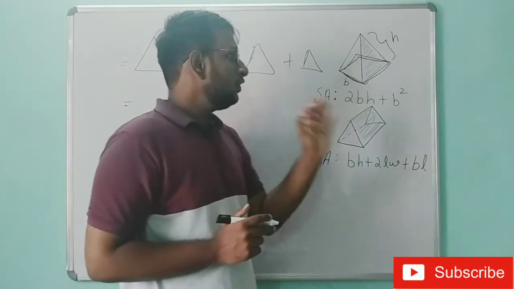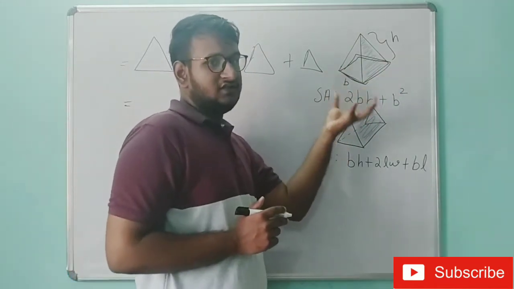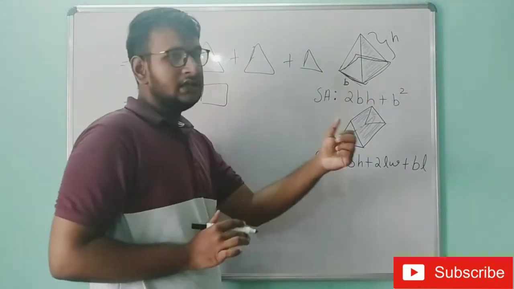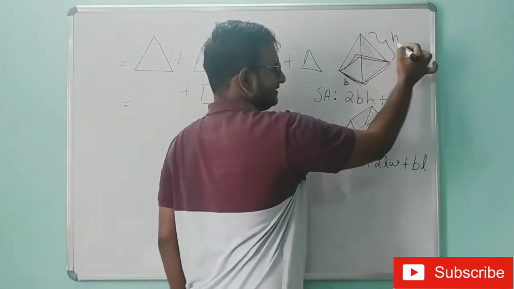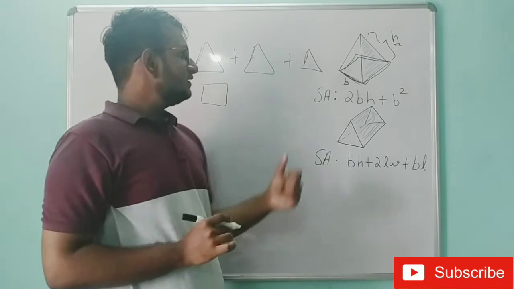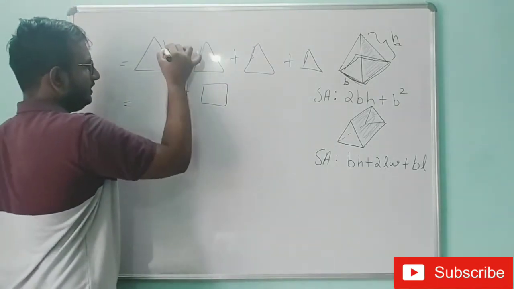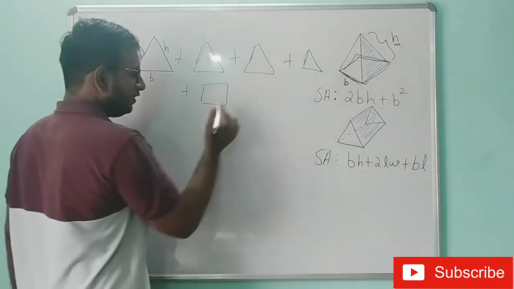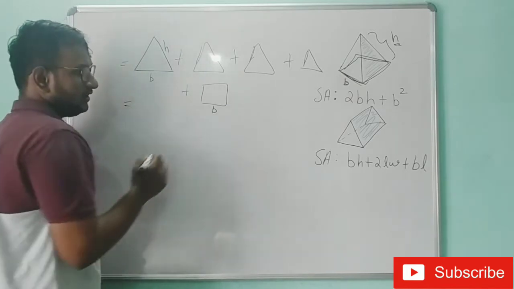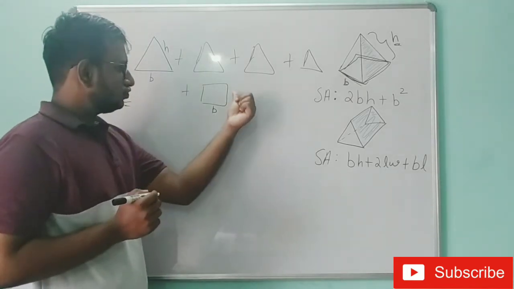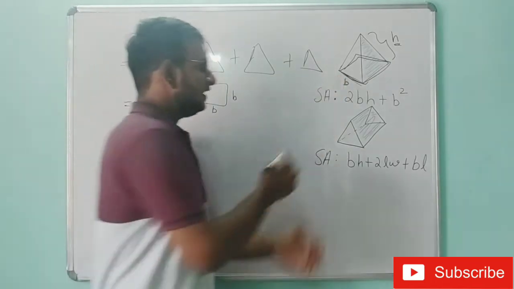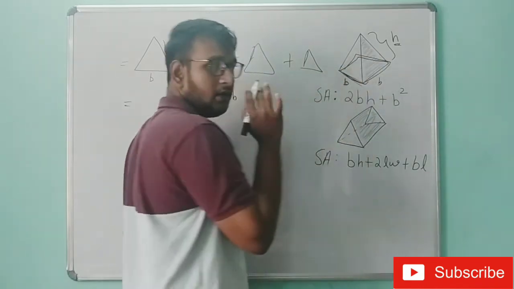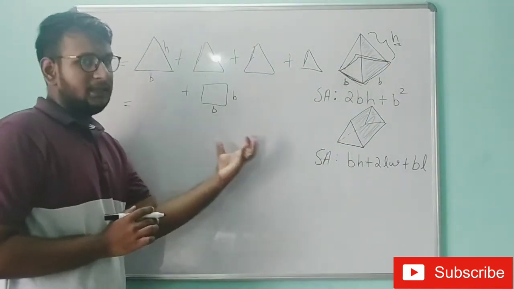Okay, so I am going to take the length and breadth of this pyramid. The breadth of this pyramid, let's take as b. Then the height of this pyramid, let's take it as h. By using this, we can say that the height of this triangle will be h and the base of this triangle will be b. Same applies to all these 4, and in this square the base will be b and the height also will be b, because this is the base. So this part will be b, this part will be b, that part will also be b, this part also will be b. So all the sides will be b.